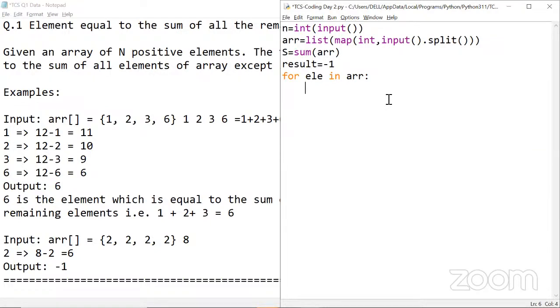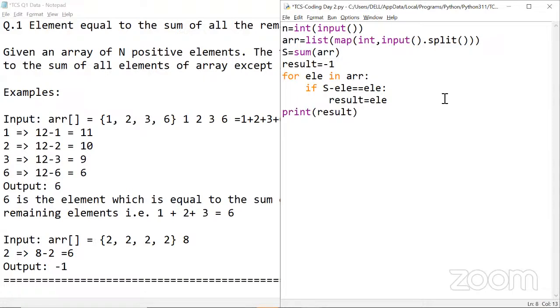So here I'm going to say if sum minus element is equal to element, then I'm going to set my result variable equal to that current element. I'm going to close the if statement, close the for, and after completion of the for, we are going to print that result.